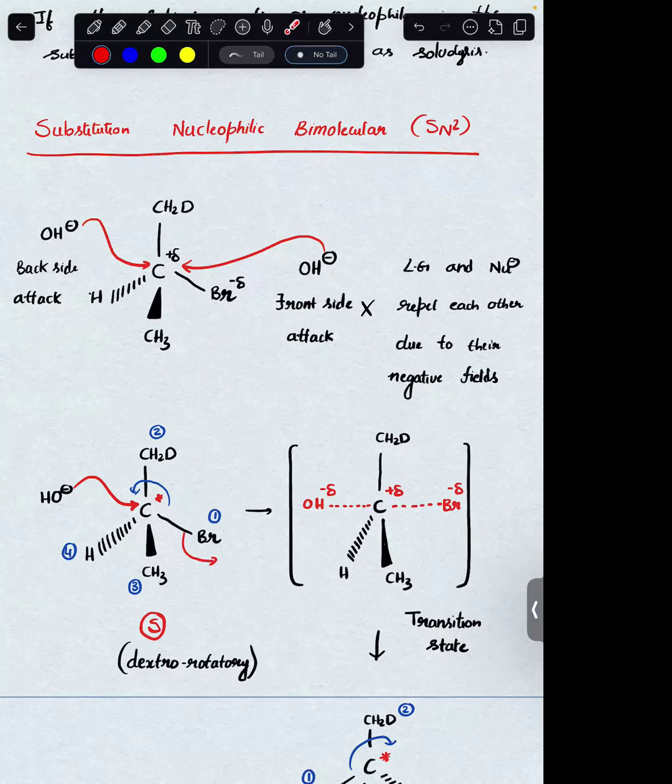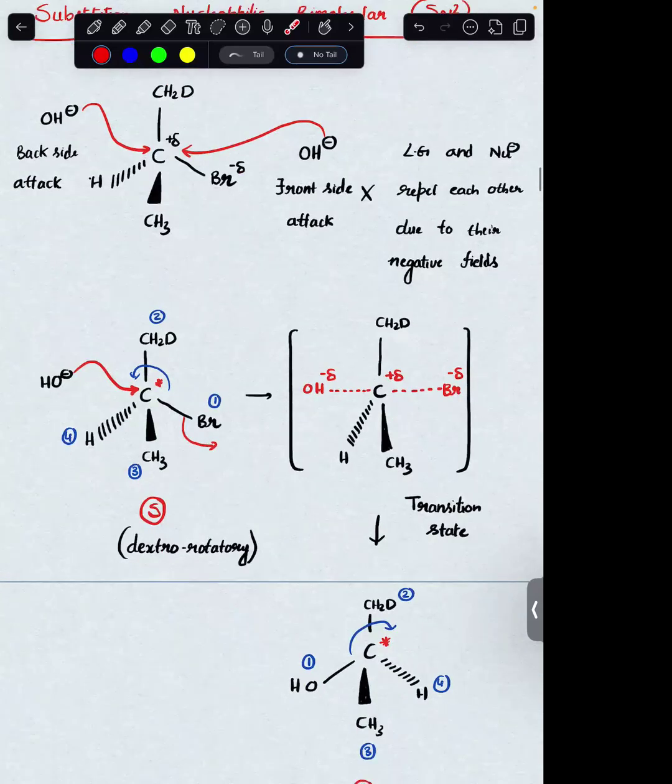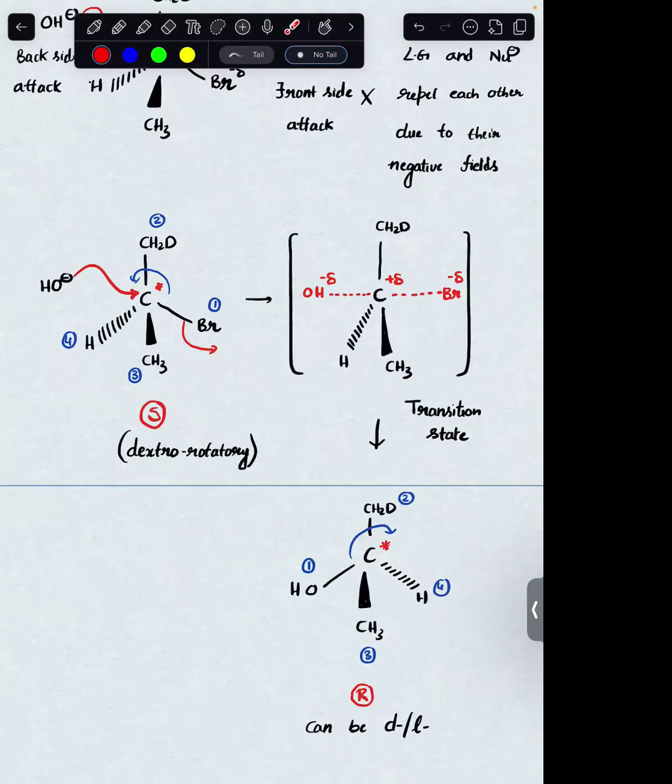As soon as it sees some partial positive charge, it will go and attack. Whenever it is attacking, it cannot have a front side attack because of the repulsive force between the leaving group and the incoming nucleophile. It has to approach in the same plane as the leaving group, because I need to form the bond in the same plane as I'm breaking this bond. So I'm making a bond in the opposite direction, and whenever you are having that, you are having an